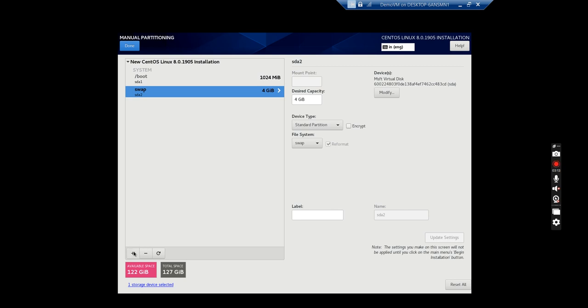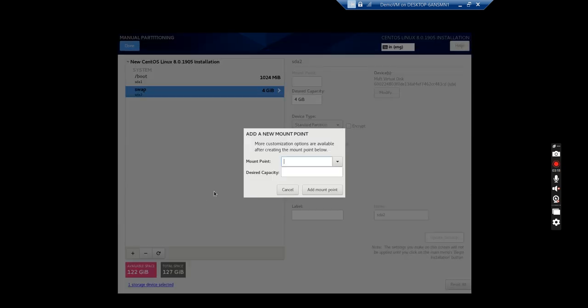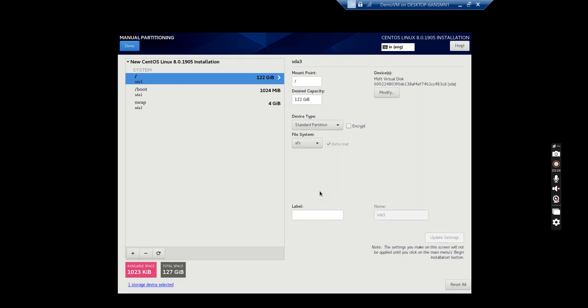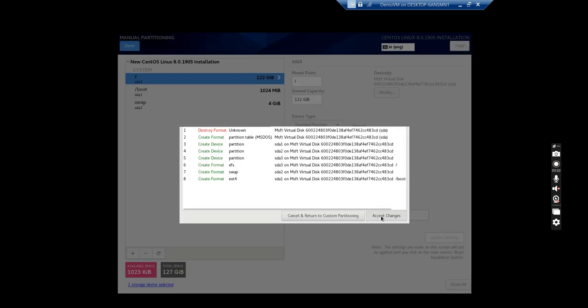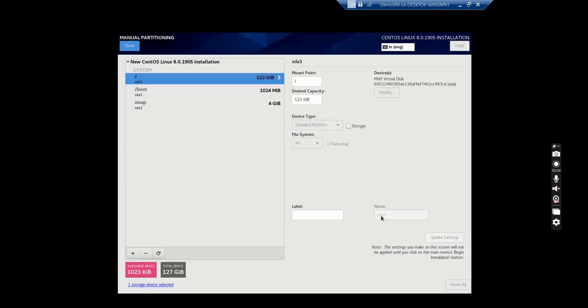and I am clicking plus sign again to create the root partition. So here I am selecting the root and click add mount point to give the remaining space to the root partition and click on the done option. Here I need to click on the accept changes,